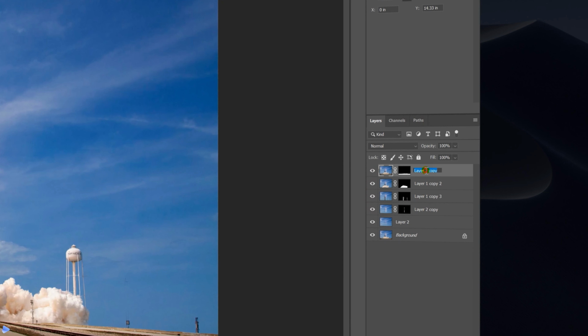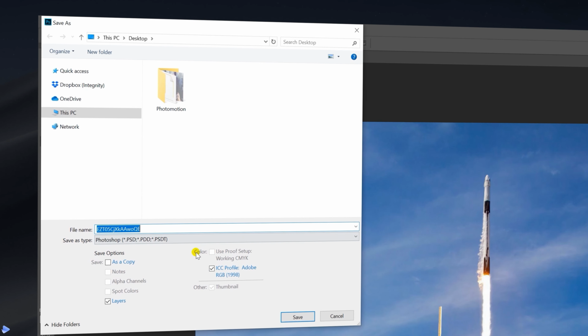Let's make sure to rename our layers in Photoshop in order to make sure that we don't get lost within After Effects. So the tarmac here will be layer 1, plume will be layer 2, towers and the launch pad will be layer 3, and the rocket being layer 4, with this sky here being the clean plate. Lastly, let's not forget to save our progress here in a convenient place for us,